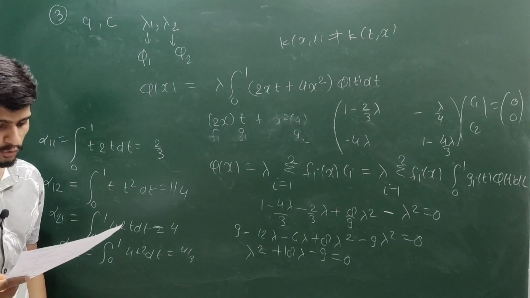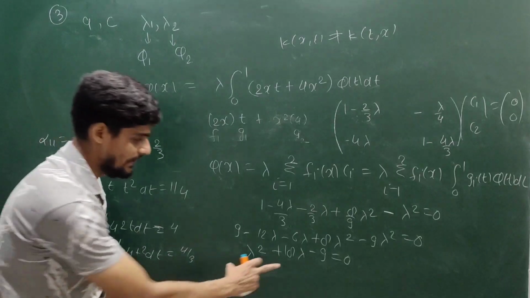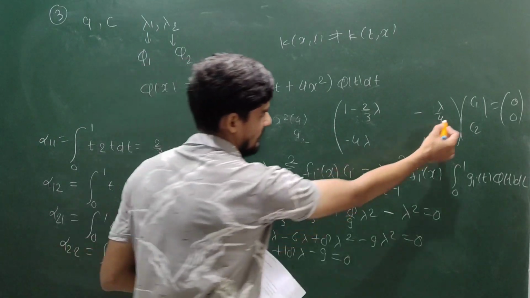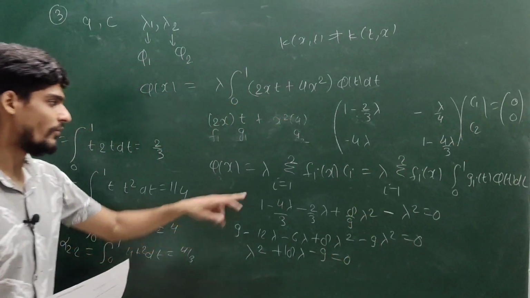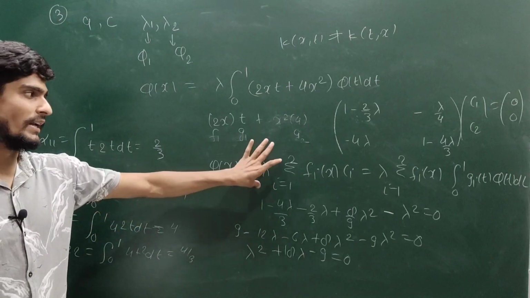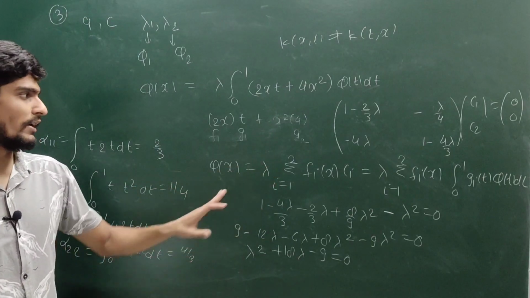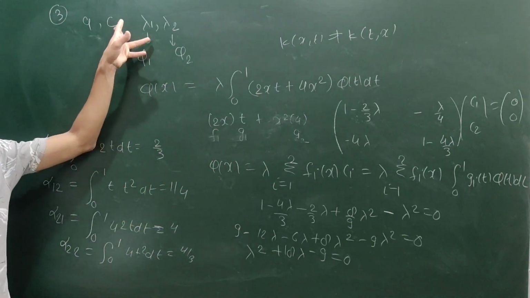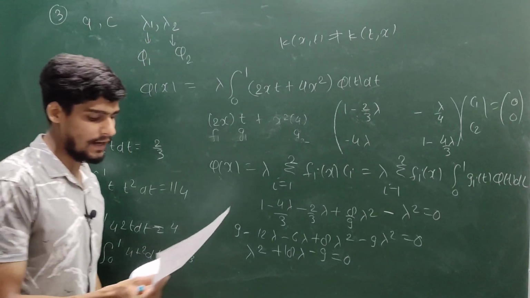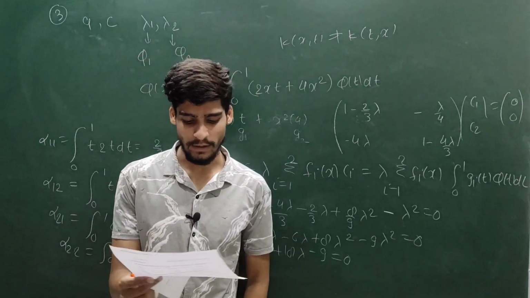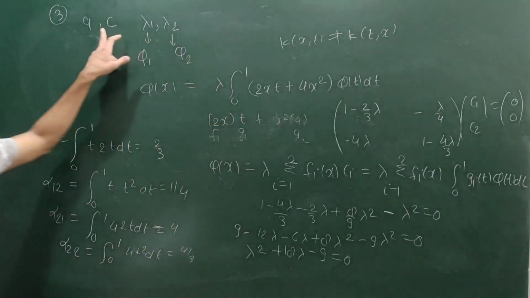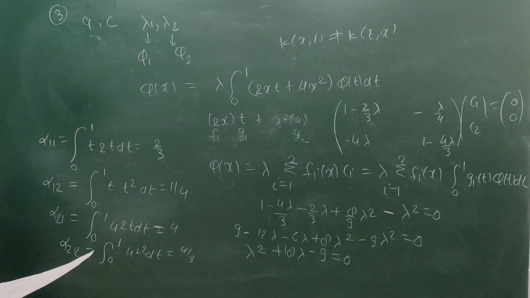So I am just leaving it to you, a little calculation. You just need to find lambda 1, lambda 2, then find C1 and C2 accordingly, then find phi 1 and phi 2. So you have to do a little calculation, but if you do, you will get that option C is also correct. So I am just leaving the calculation to you. So option A and option C will be correct.